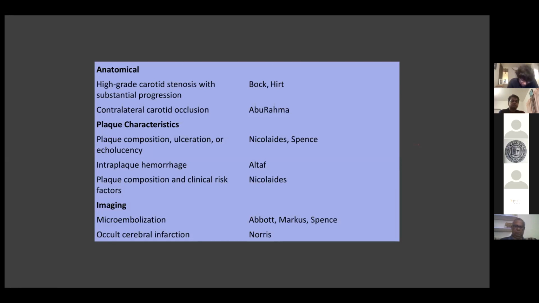Intraplaque hemorrhage. For one of our DNB students, we had a dissertation where we did ultrasound with contrast microbubbles. In case there is extensive intraplaque vascularity, these microbubbles will find their way into the plaque, and therefore in asymptomatic carotid patients, you can identify vulnerable plaques, that is plaques which have got extensive intraplaque vascularity.